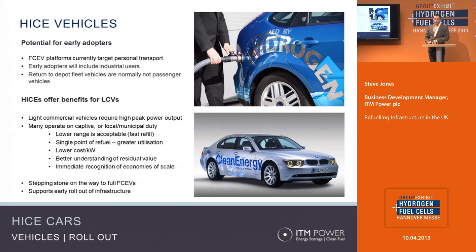And those vehicles primarily are not passenger vehicles, so they're vans, they're light commercial vehicles. So internal combustion can offer some benefits for low carbon vehicles. Light commercial vehicles require a high peak power output, which is easily achievable with an internal combustion engine. As I said before, many operate on this captive fleet idea, at which